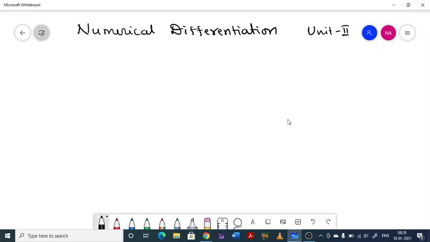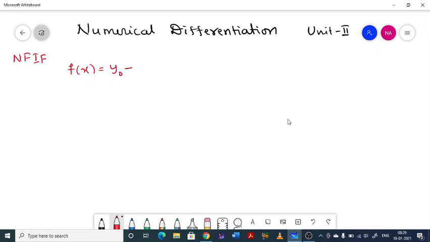So in this video I am going to discuss numerical differentiation using Newton's forward difference formula and Newton's backward difference formula. So by Newton's forward interpolation formula, which we write as NFIF, from Newton's forward interpolation formula we have f of x equal to